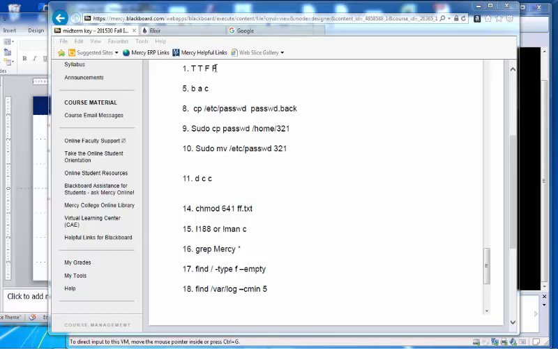Binary files can be found by the which command. The whereis command gives you all the resources about Python, not only binary but library files as well.